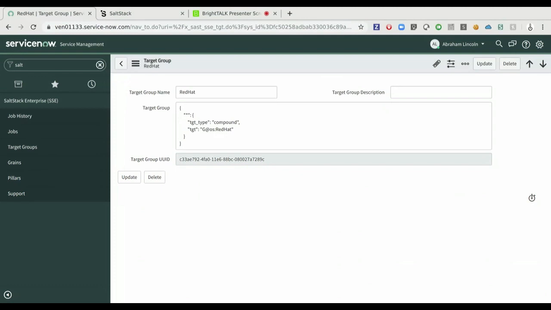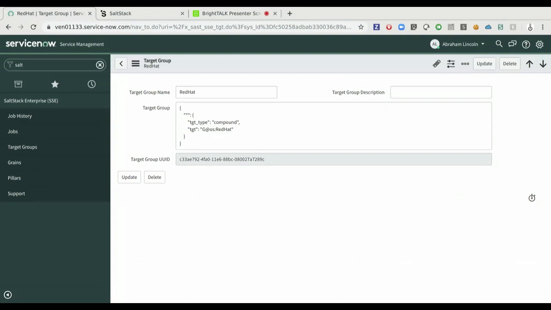Yeah, I do want to call out that in this case we're targeting RHEL instances, but as I mentioned earlier, a target group does not have to be OS specific, right? Correct. So this could be an issue that's affecting RHEL and CentOS and Ubuntu or Windows 2012 or whatever, and you could create a target group that spans across those by using the grains data that Joseph just showed us, which is a very powerful ability to allow teams to create jobs that will do work quickly and across a broad range of either operating systems or applications or system types,